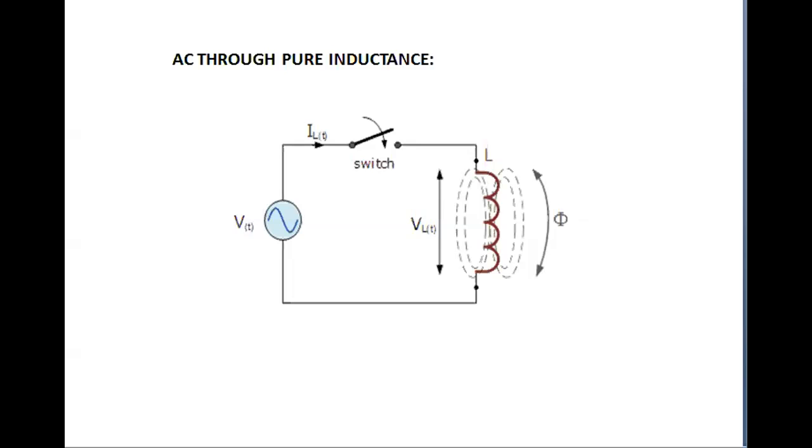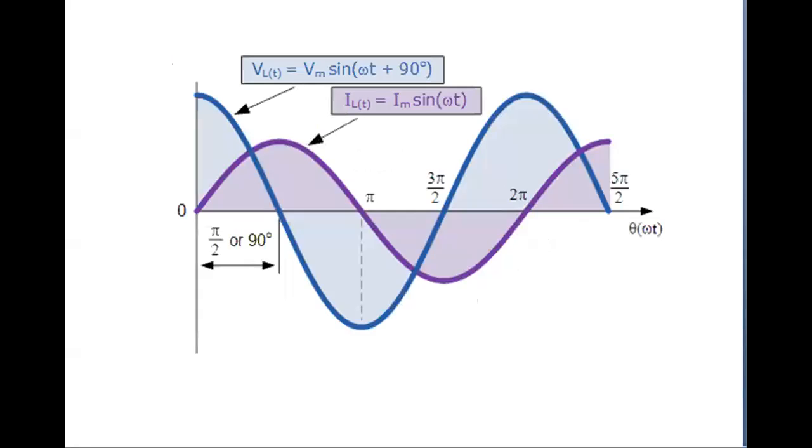After getting the equation for Im, you can derive the equation for power flowing through the inductance. How can you determine the power flowing through the inductance? By multiplying V of t and I of t, you can get the equation for power flowing through the inductance. Initially I consider V of t is equal to Vm sine omega t. What will happen if I consider VL of t, the voltage across the inductor? It is 90 degrees in advance of the voltage across the supply.